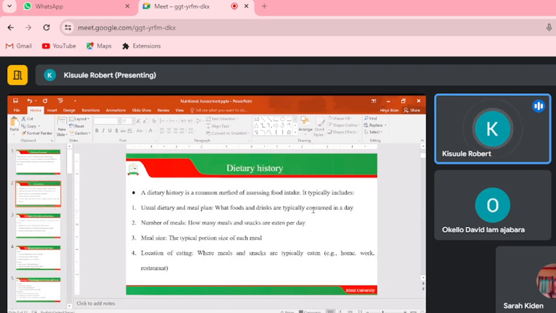All right. So let's begin with dietary history or dietary assessment, and we are saying this is a common method of assessing food intake. Okay, and we are saying this typically includes